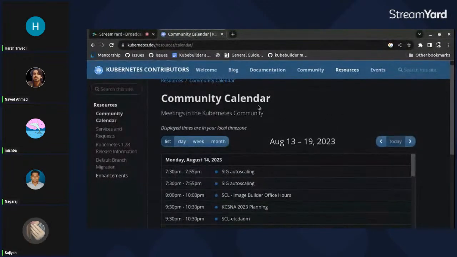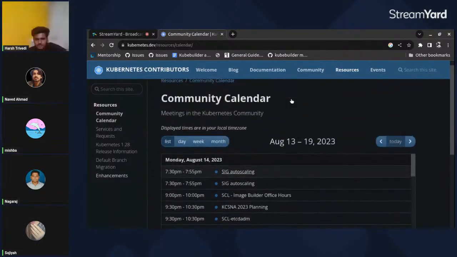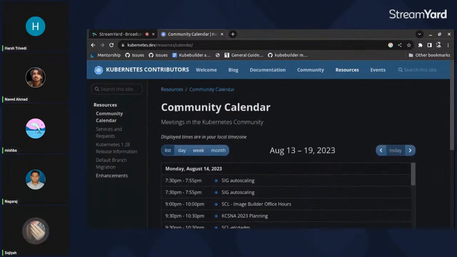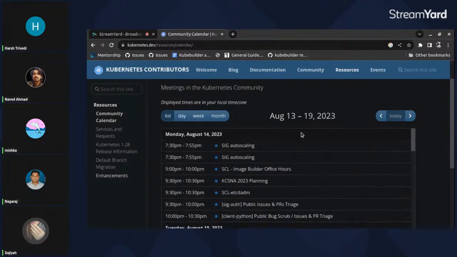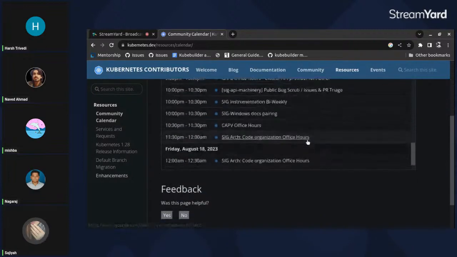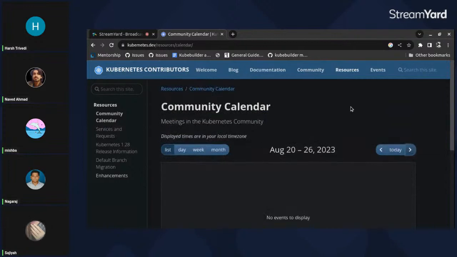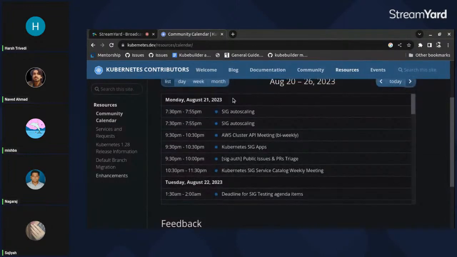Can you see this now? Yes. Okay. So here we are on the Kubernetes contributors, and here we have a community calendar. So for August 19 today there is no meeting because it's Saturday and it's a holiday, I think. So August 21 there will be a meeting